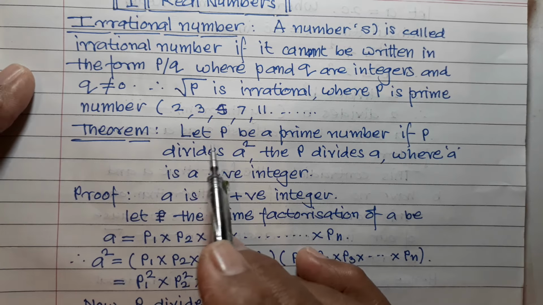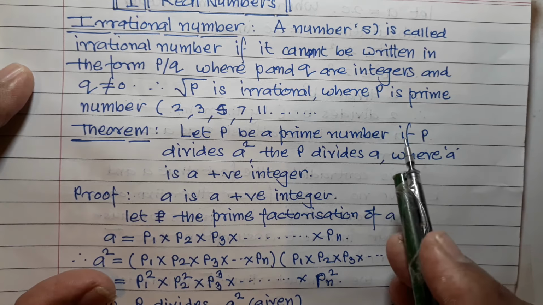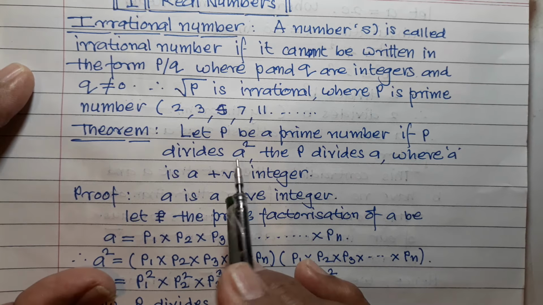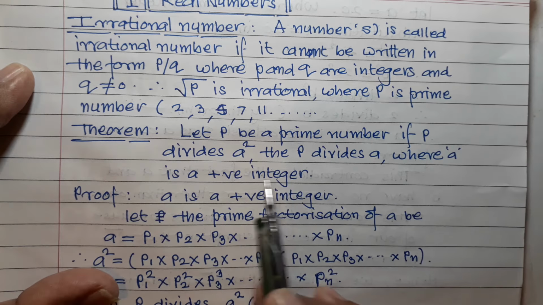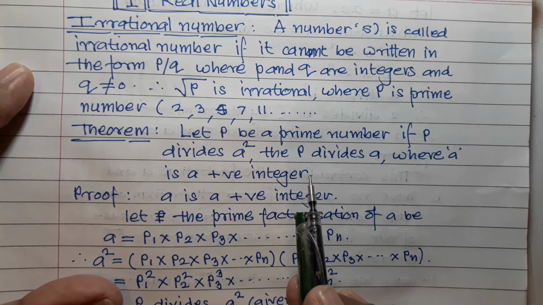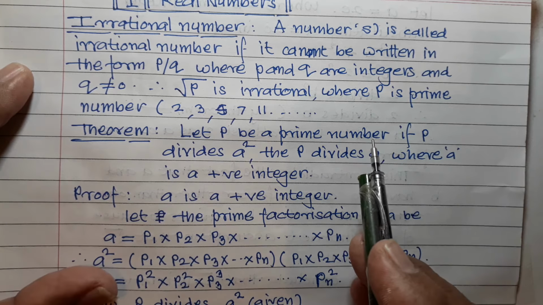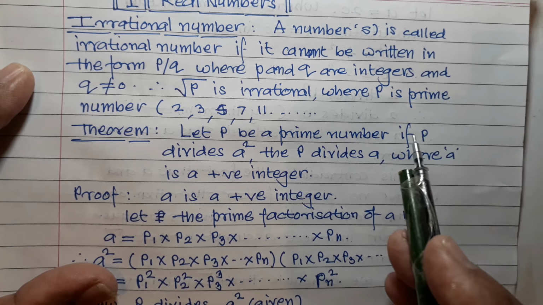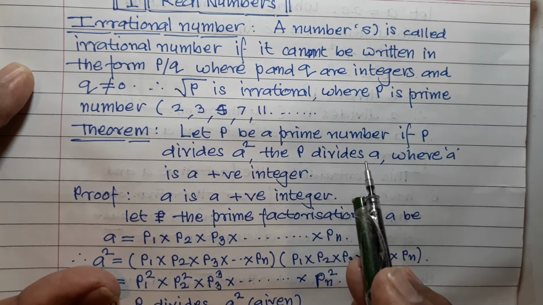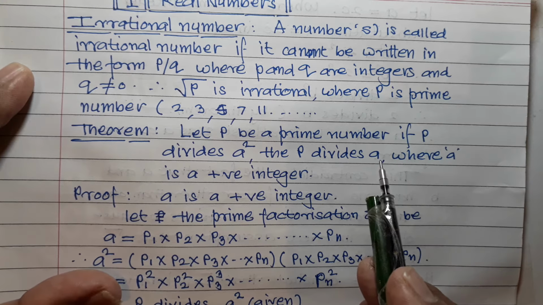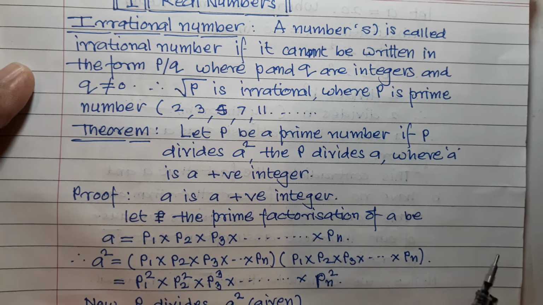Theorem: let p be a prime number. If p divides a square, then p divides a, where a is a positive integer. So that means, if p is a prime number, and suppose p divides a square, then p divides a, where a is a positive integer. Proof: